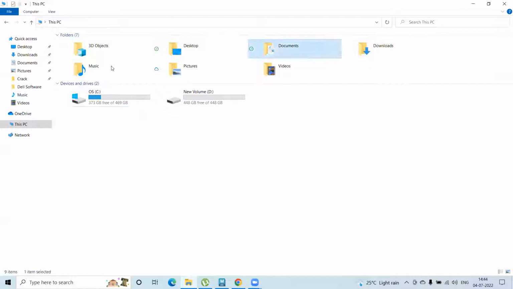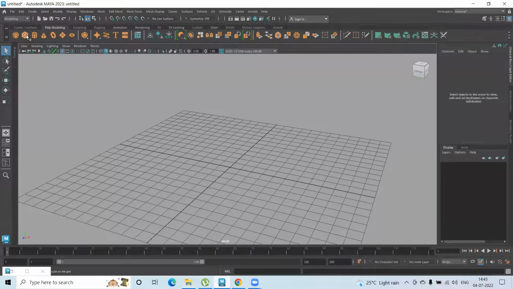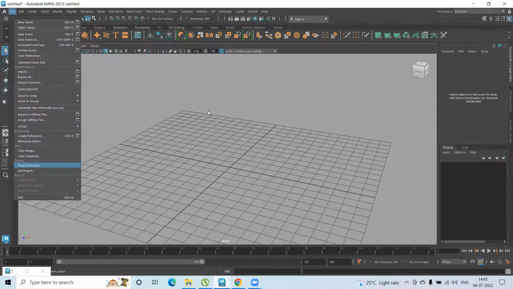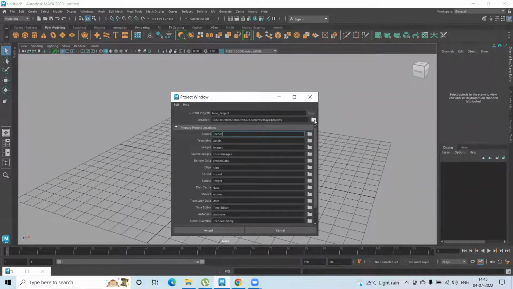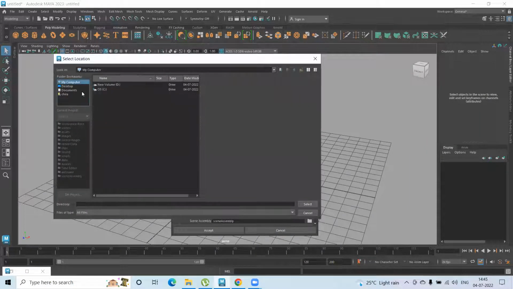So today we will be working on an example, and before that let me just create a project. Go to project window, new, and I need to choose where I'm gonna save this. Okay, so D drive, new folder,